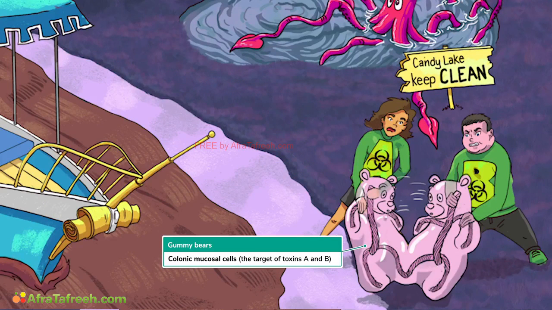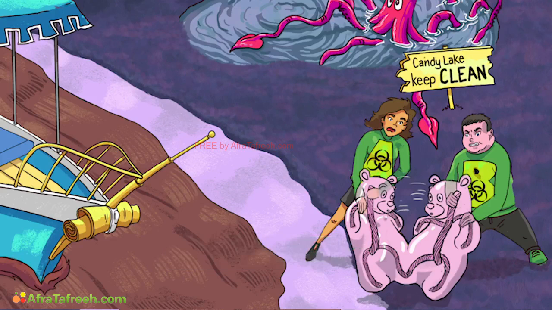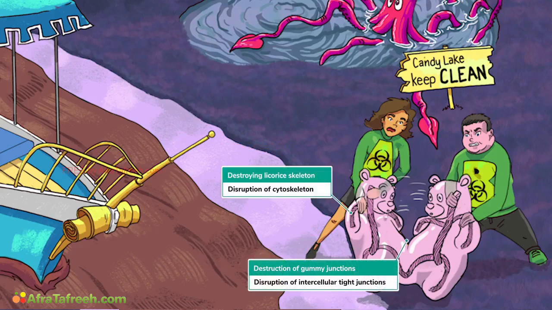Colon gummy bears. Tasty. Toxins A and B enter these cells and start wreaking havoc, disrupting the cytoskeleton within the cells, as well as the tight junctions holding the cells together, as illustrated by these toxic youths greedily grabbing at the licorice cytoskeletons of these poor bears. The cells begin to round up and retract. The result is increased paracellular permeability, which causes fluid to shift into the gut lumen and, as you might imagine,